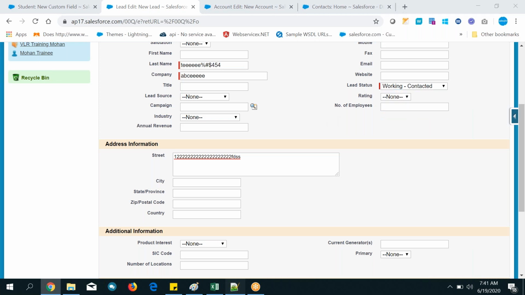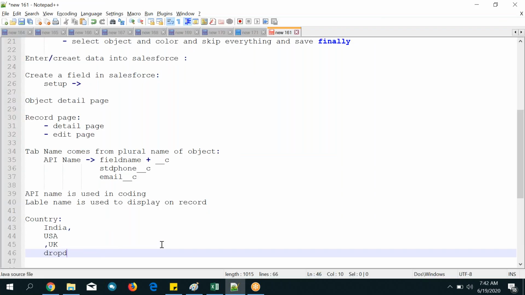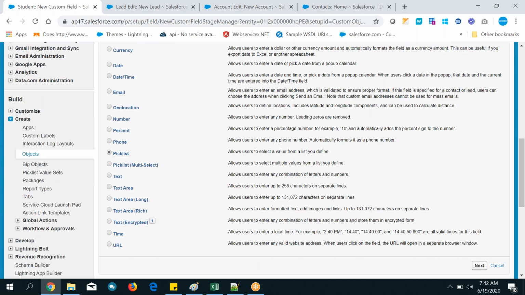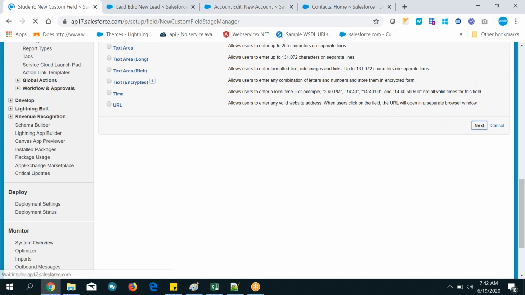Remember, okay? Like this, if I want, this is called a drop down. So a drop down in Salesforce is called a pick list. Only the name changed, but the functionality is the same. How the drop down works is the same as a pick list. Just in Salesforce we are calling it a pick list, nicknames. Outside we are calling them drop downs. Same person with different names. So select pick list and click on the next button.